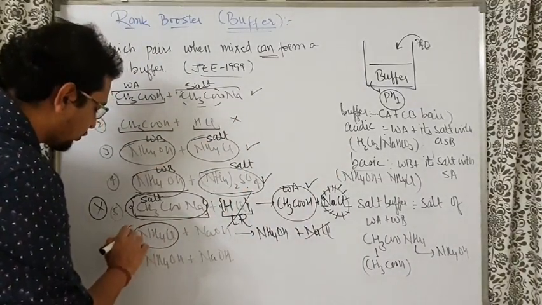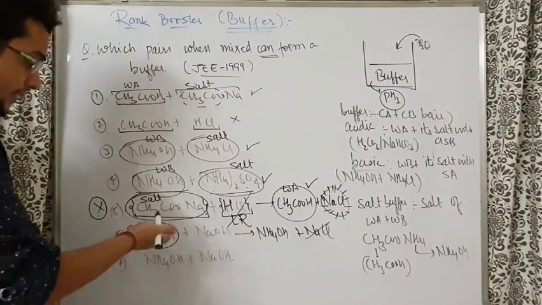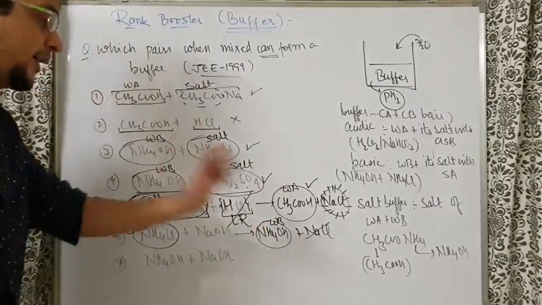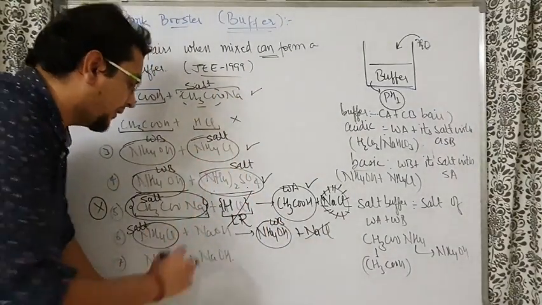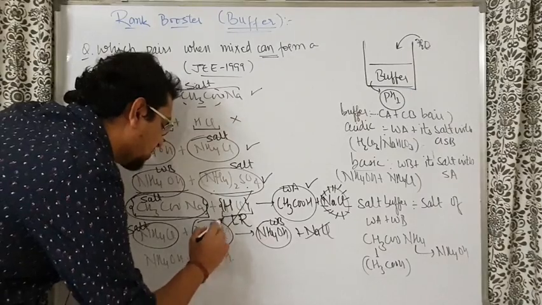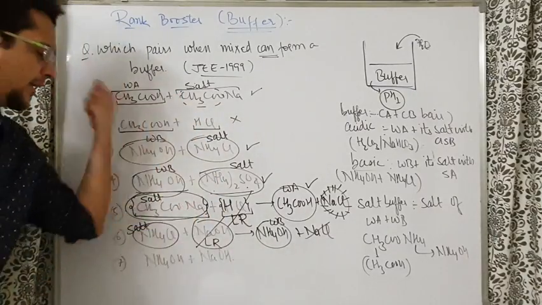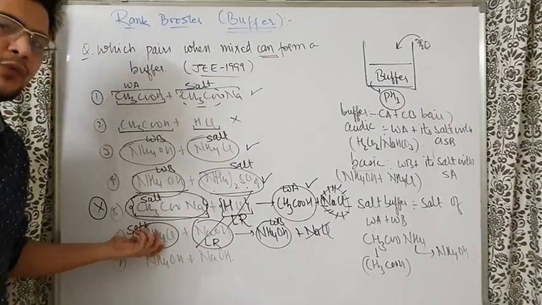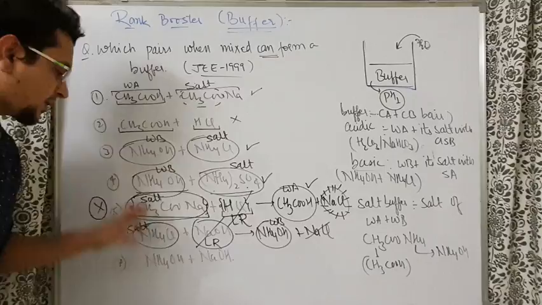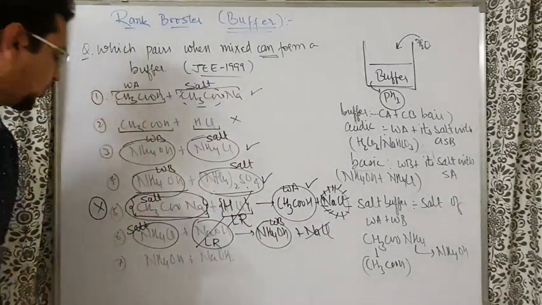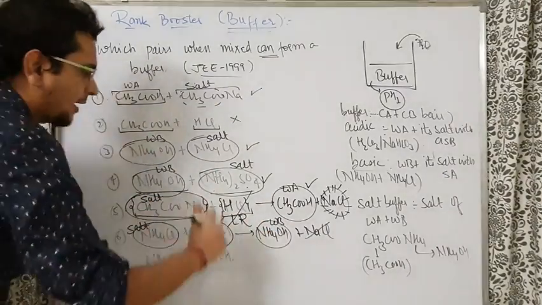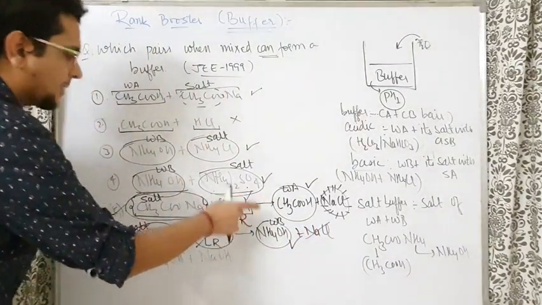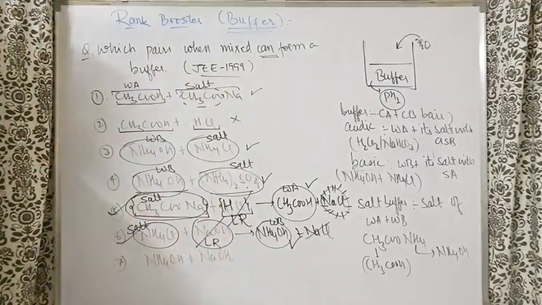NH4Cl is a salt of ammonium hydroxide and HCl. NaOH is a strong base. NH4OH is a weak base. So in one condition, can it form? Yes. In one condition it can form. If NaOH becomes the limiting reagent, then by the end of reaction, NaOH will be completely consumed. Some of the NH4OH will be formed and a little bit of NH4Cl will be left over because it is the excess reagent. So some will react to form NH4OH and some will be left over, and the final combination will become a buffer. So bhaiya, this can be a buffer, and the condition for making it a buffer is that HCl must be the limiting reagent in the previous case and here NaOH must be the limiting reagent.